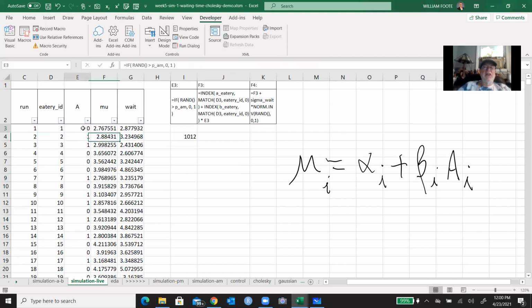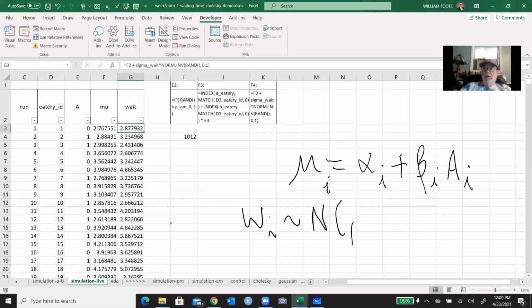Okay, so it's changing every time. This number. Okay, and I have mu. And then I can simulate, because now I know what mu is, and look at the simulation. Wait times are simulated, the sim symbol there, normally, with a mu and a